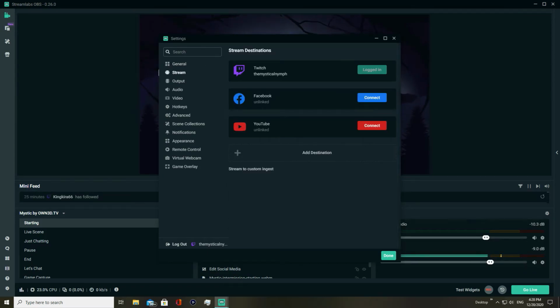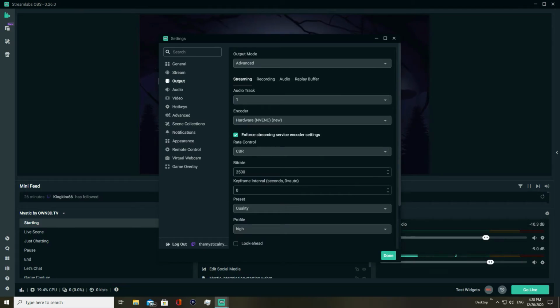And then we're going to go down to stream. Now this is where you can log into the different streaming destinations. You can log into Twitch, Facebook, YouTube, and then another destination if you would like to stream live. I think you might even be able to do this through Discord, I'm not sure. But I have mine logged into my Twitch channel, and that is where I stream, which brings me to the